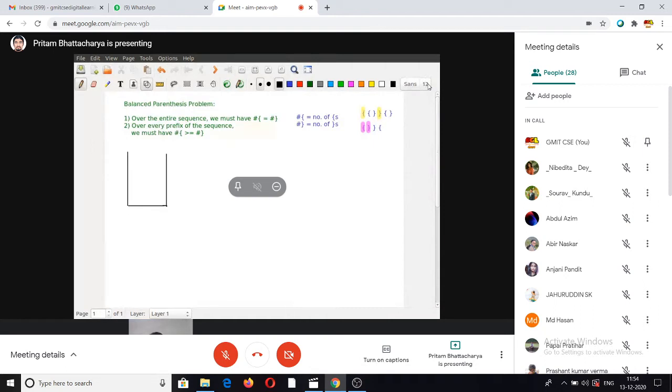So this is my stack. Okay. So let's work with this first example. I'll show you with an example, and then I'll give you the general algorithm. That usually works better. So how you do it is,